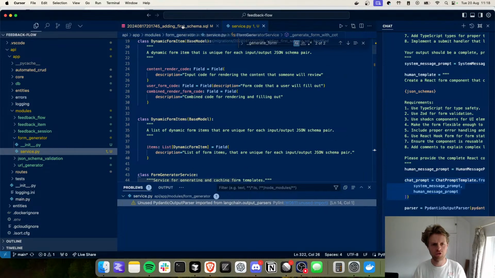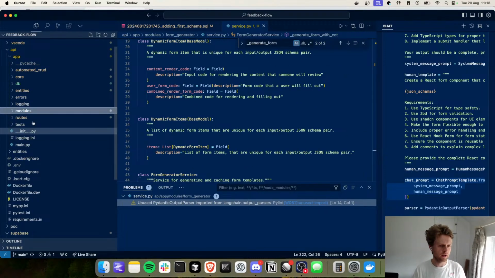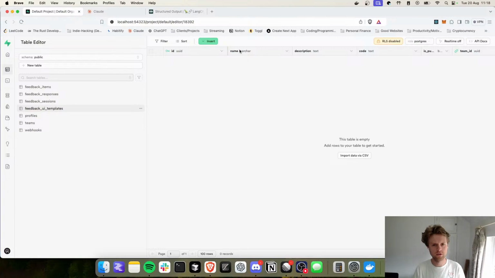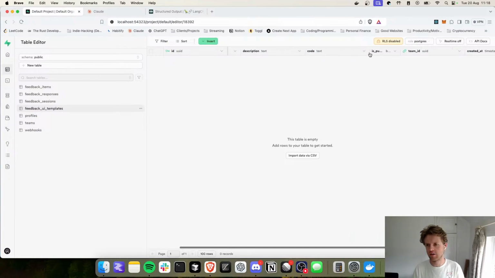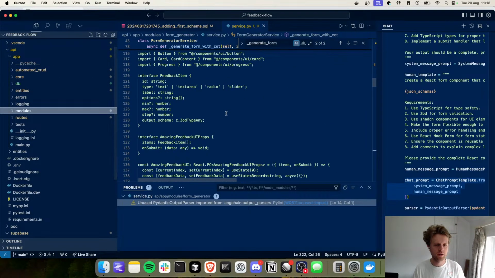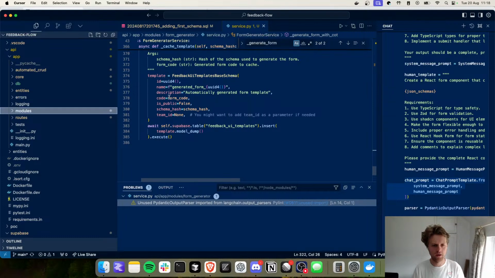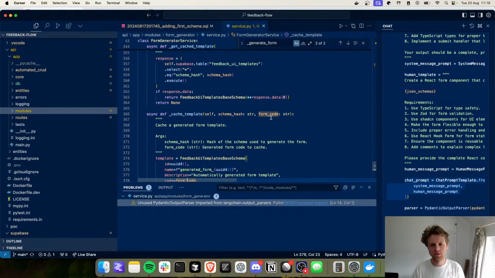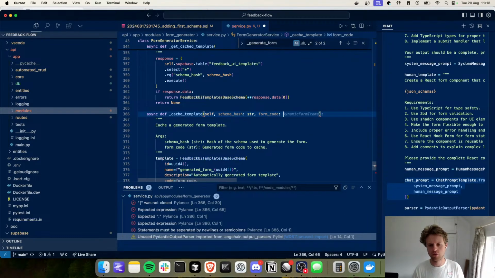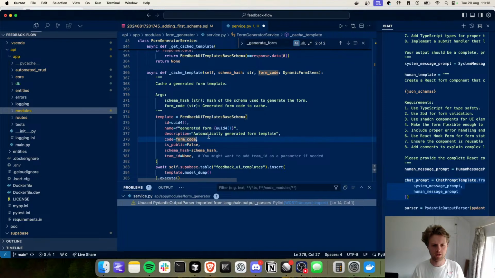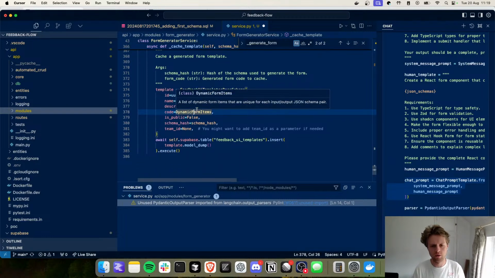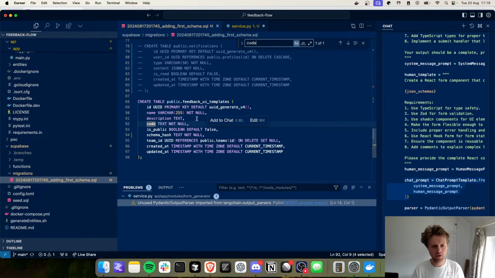And then let's also change, we now need to change this code in the database. Rather than text, it needs to be a structured JSON blob, because we're then going to save the form code, which is now no longer a string. A bunch of dynamic form actions are going to get saved here. And now we've got a problem where the types are not correct, so we then need to update this type here. So if we look at the code,